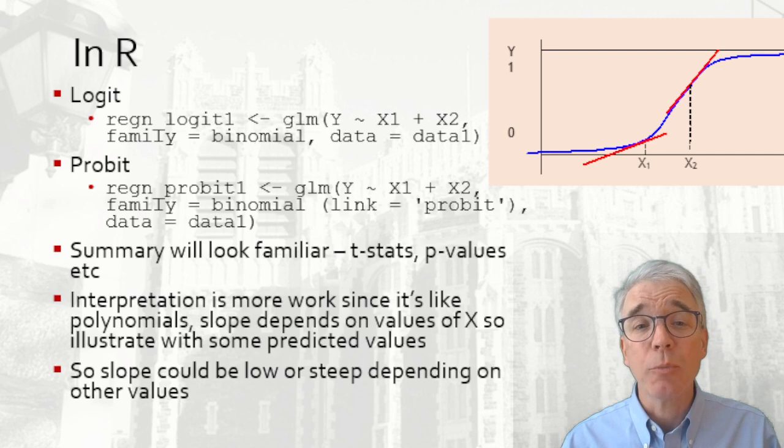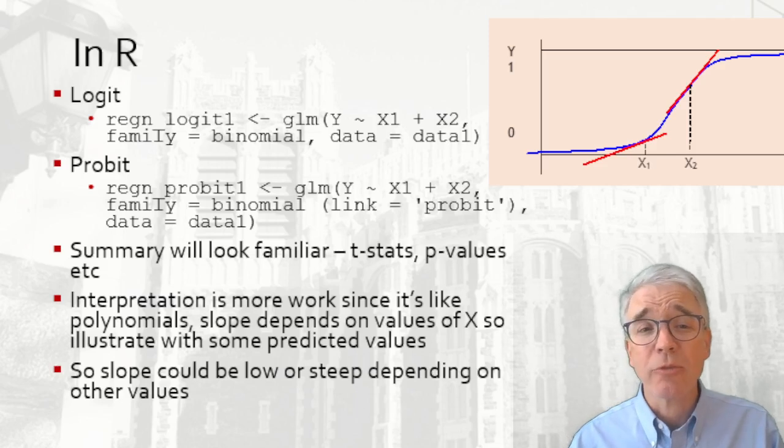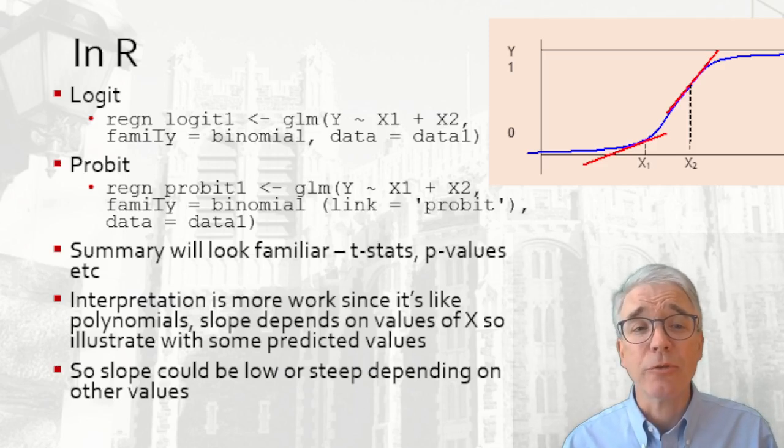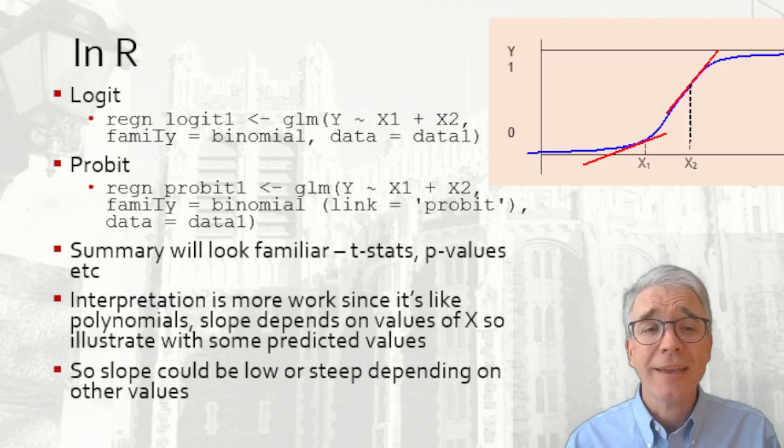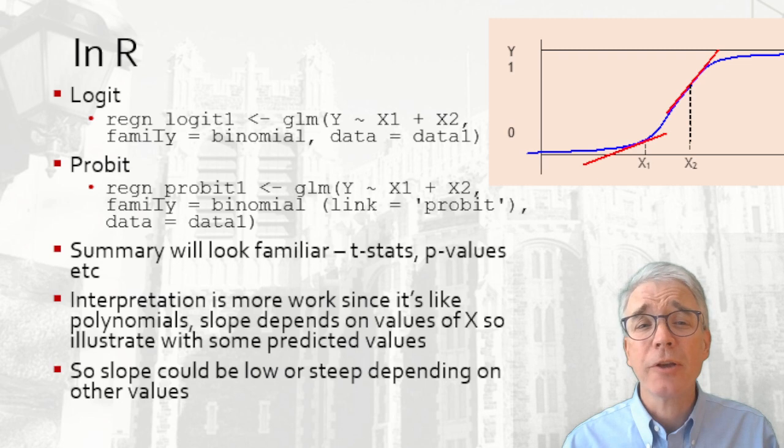As earlier, we discussed how to interpret linear models with interactions. Often the best way to understand these is to choose some examples, work out the predicted probabilities. You can then calculate how a little change in the x variable changes the calculated probability. In that graph, at a point like x1, probability may not change very much. The person has a low probability anyway. But at x2, on the other hand, that point is where the slope is nearly its maximum, so you can